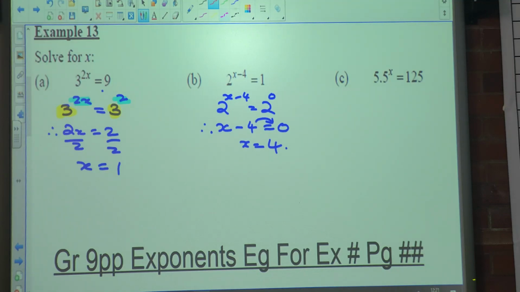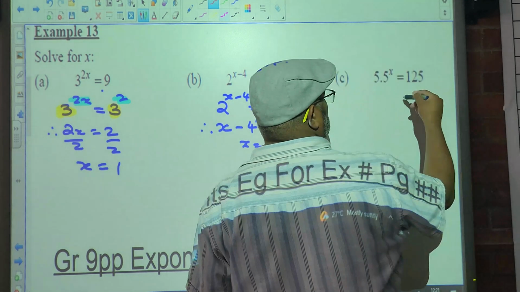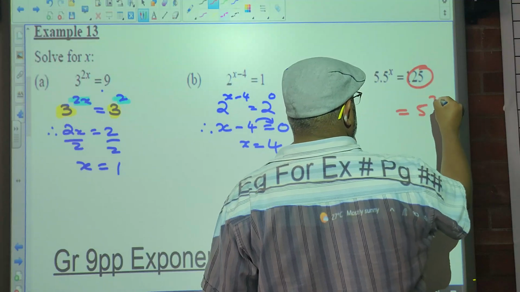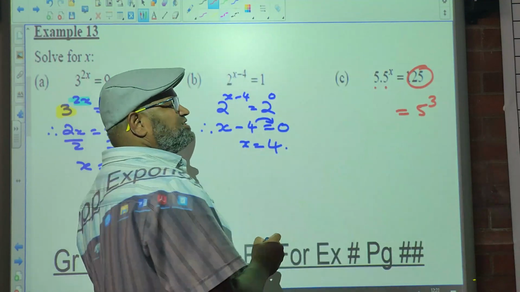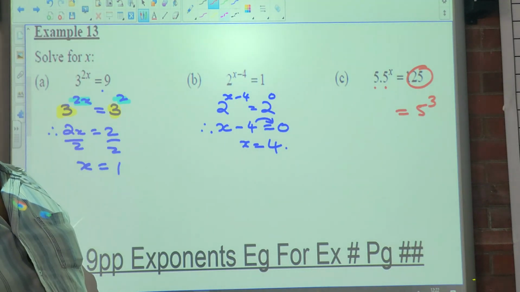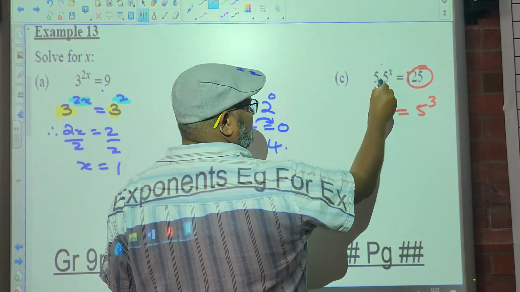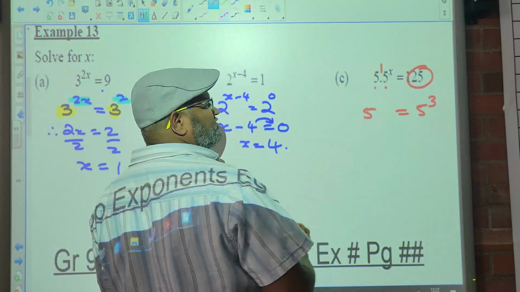Make the bases the same. So 125 can be written as what? There's actually two ways of doing this. 5 cubed. When you're multiplying and bases are the same, what do you do with the exponents? You add them. So what's the exponent on the first 5? 1. So in other words, this will be 5 to the exponent